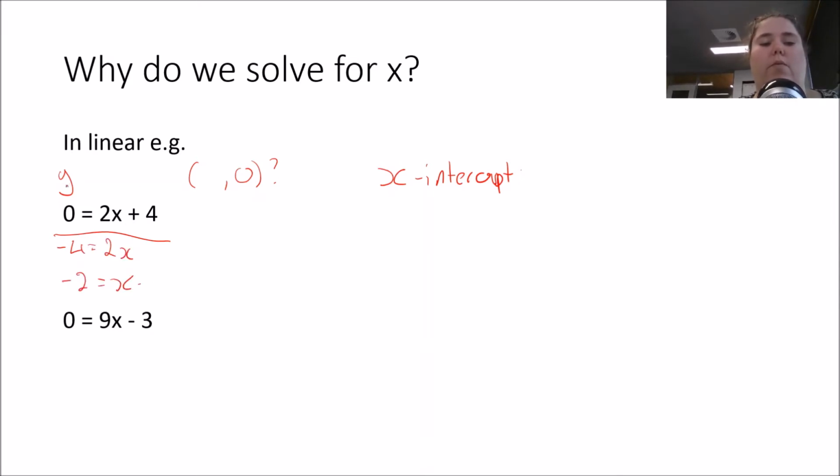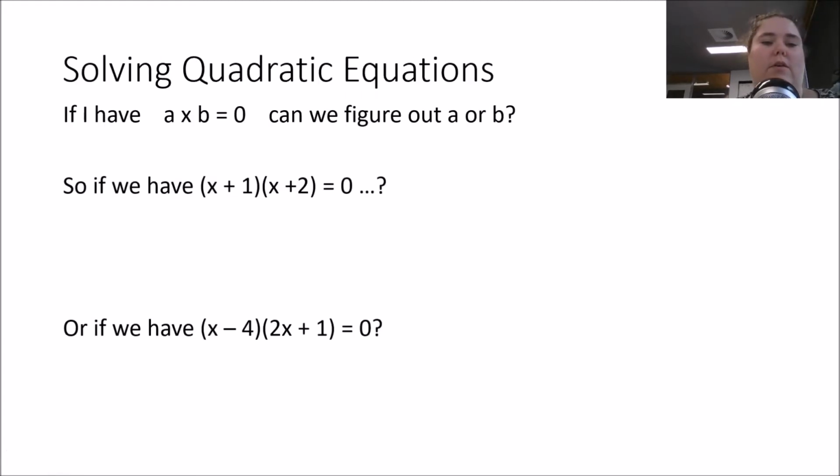we know that when y equals 0, x equals -2. So that gives us one of the points we can plot if we actually wanted to graph that line. So that's why we solve for x, to find that x-intercept. So it's the same deal with quadratic equations. If we can keep that in our head, that is why we're solving them. Solve them when they equal 0 so that we can find that